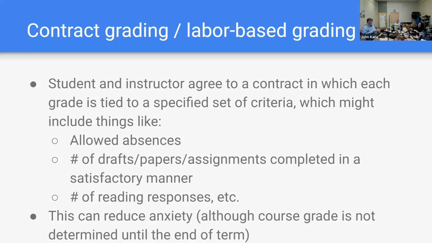And in general, with contract grading, there is some minimum level of acceptable work and so forth. But basically, it's taking some of the pressure off of students in terms of trying to get that highest grade. They just know if they complete this number of assignments acceptably, they're going to get whatever grade is specified. Contract grading is basically the contract. Labor-based grading is one part of contract grading, which is often used, where it's based essentially just on these number of easily observed and easily verified